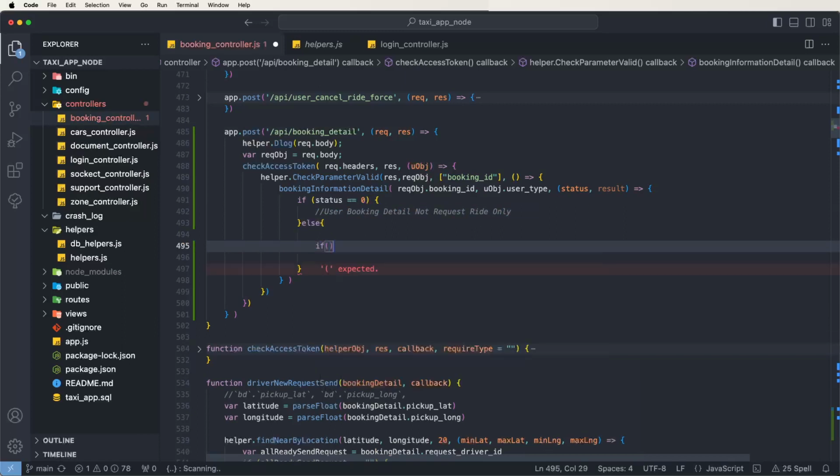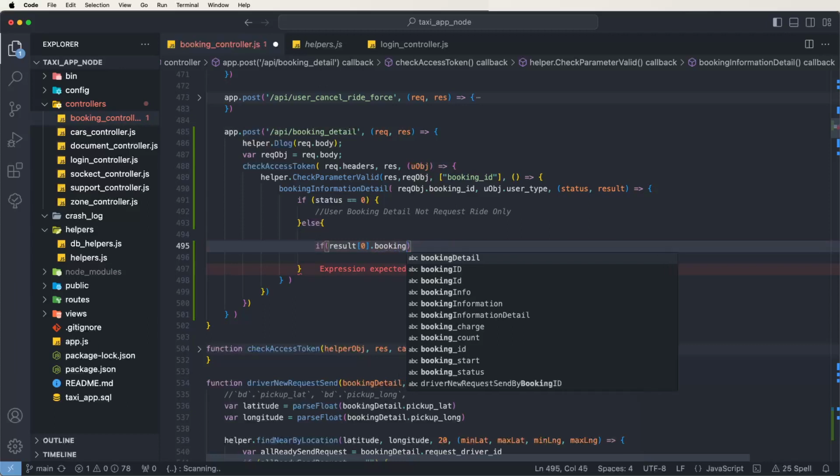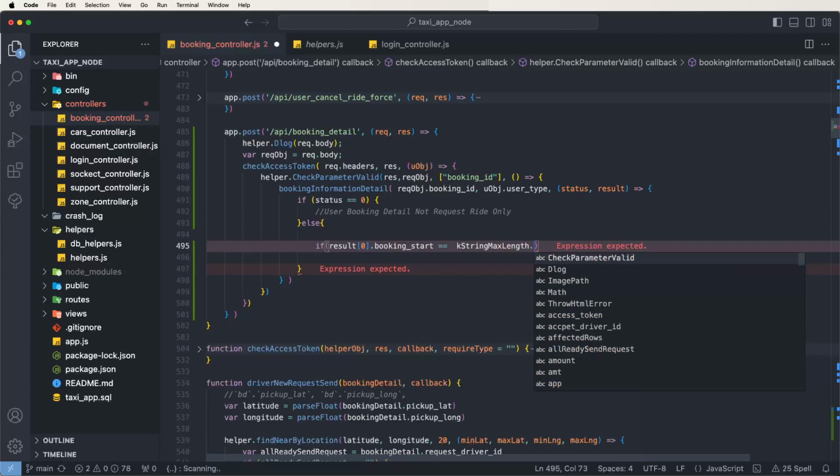Check here if result object more than 0, and to write down here the booking status equal to vs dot let